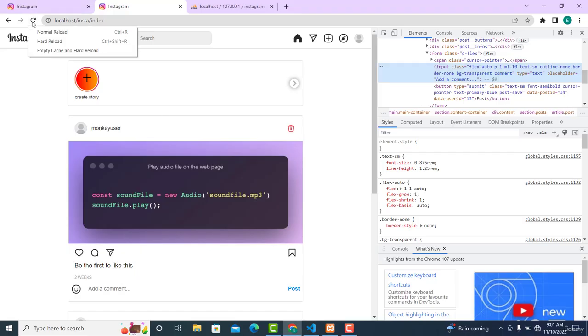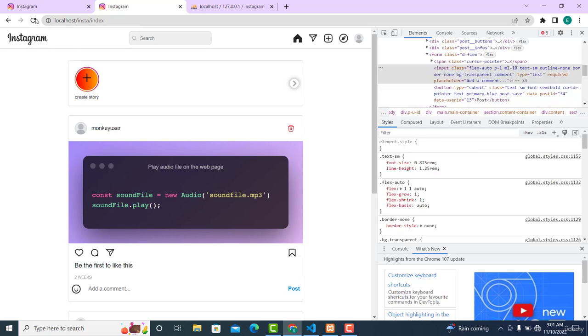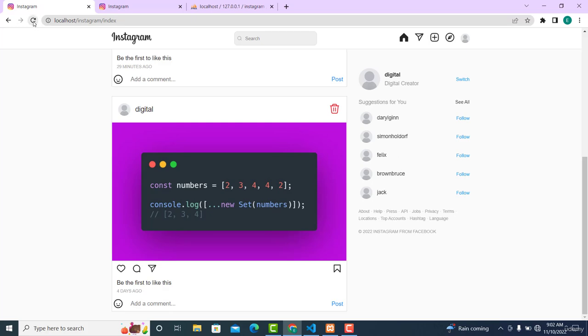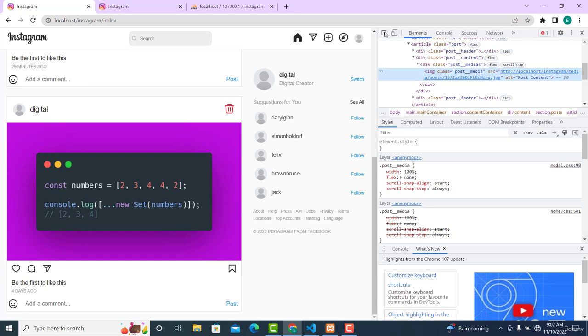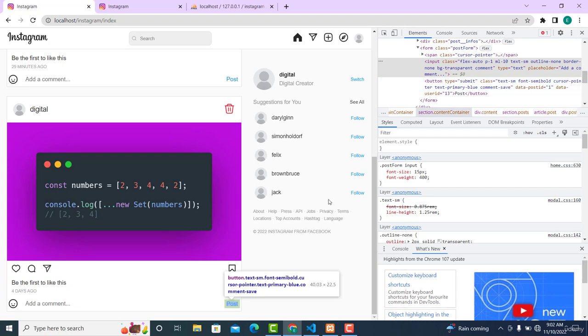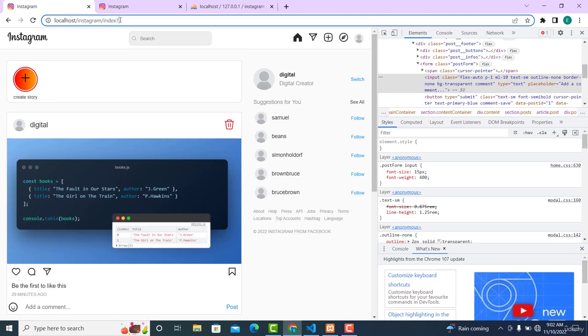Let's empty the cache. Let's empty the cache again. Okay, I'm inside the wrong one. Okay, there it is. So now let's empty the cache. Click here and inspect. Click here and click on this one. Okay, comment-save. So when the user clicks on this one, we will first of all prevent the default behavior